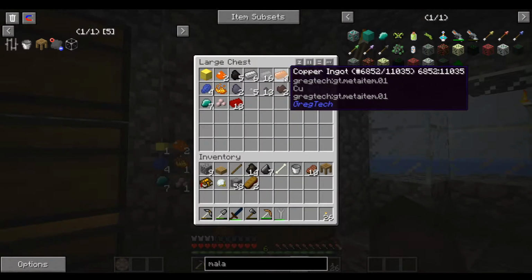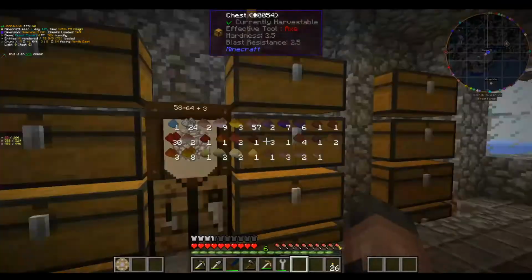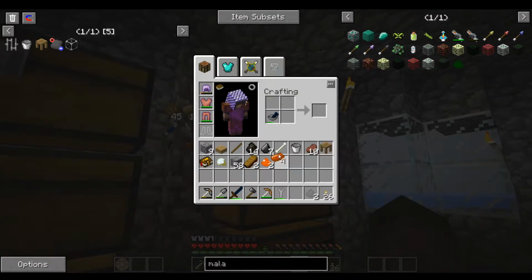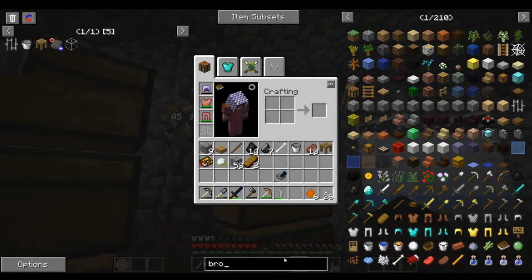I have some copper ore here. This is 6 pieces if I turn this back to dust, so I have... Where did I leave my mortar? This will give me 6 pieces of bronze, if I'm not mistaken. Yeah, but unless I can make bronze from the alloy smelter, then maybe I should be doing that instead of...